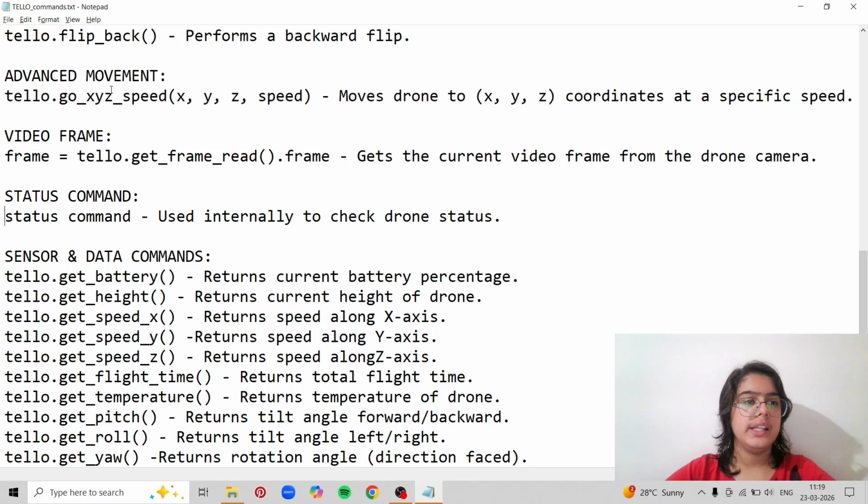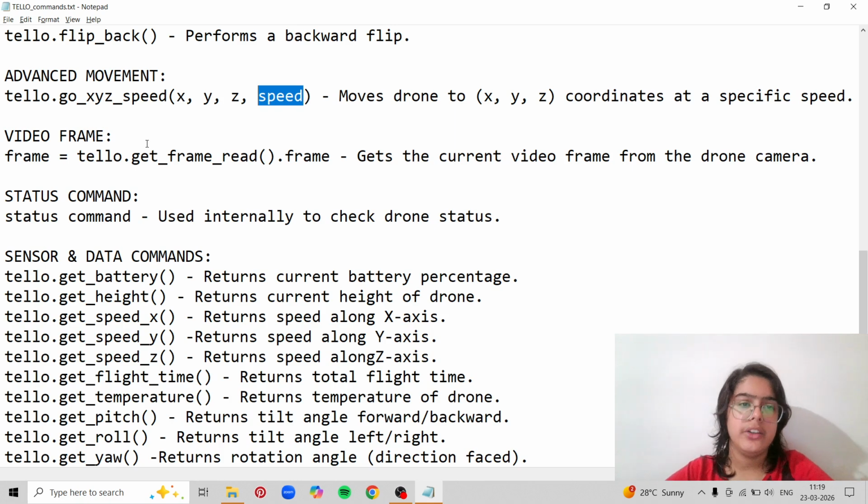speed. So over here, xyz speed basically defines the speed, and then you have xyz, which are the coordinates of how the drone should go, and then comma speed. So this speed will not change, neither will this speed. Whatever coordinates you want to give, you will be giving in this xyz and in this xyz.